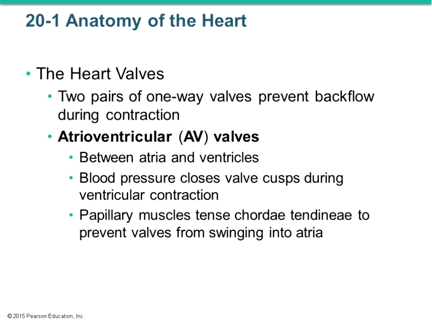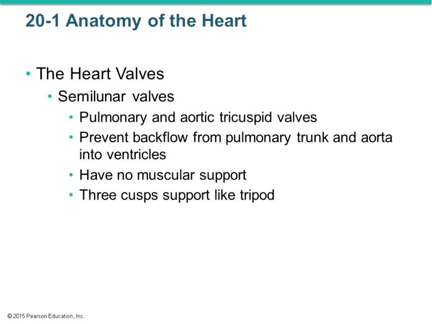All right, so the heart valves, right, that prevent backflow. We talked about the AV valves already. Basically the pressure that fills during these contractions closes these cusps and prevents backflow, right? We talked about the papillary muscles and the chordae tendineae already, preventing these valves from opening. Semilunar valves, then, are the pulmonary and aortic tricuspid valves that basically prevent backflow from the trunk and the aorta into the ventricles. So this one doesn't have the muscular support that we saw with the ventricles, but